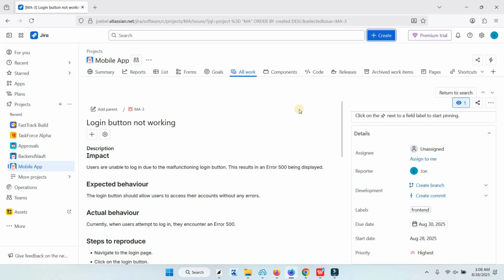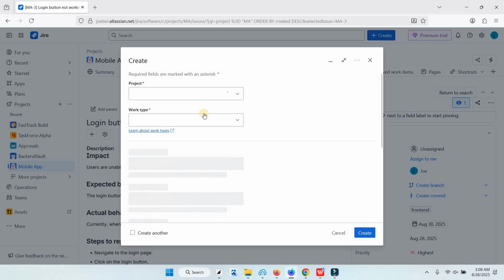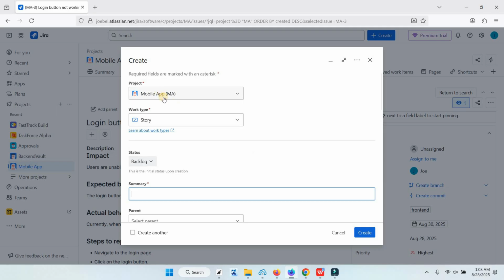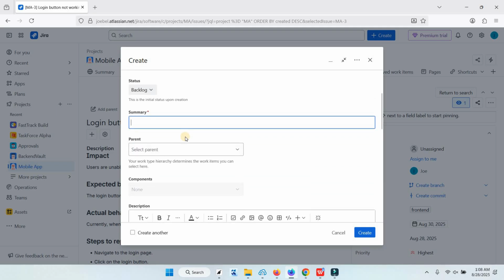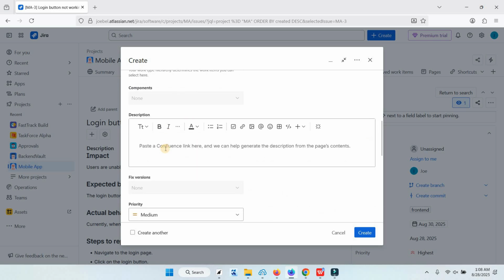You can also add a label by creating an issue or work type. So just click Create, choose a project and choose a work type. Let's say this will be backend dev,